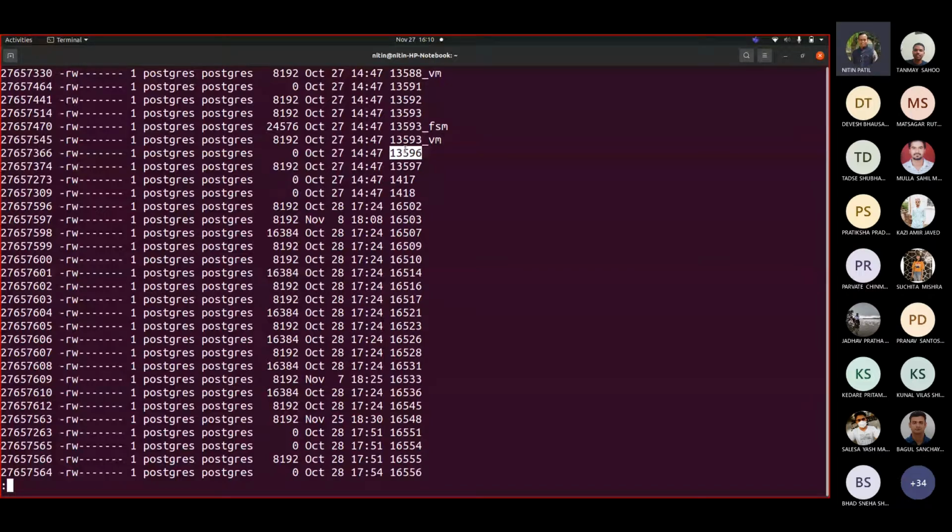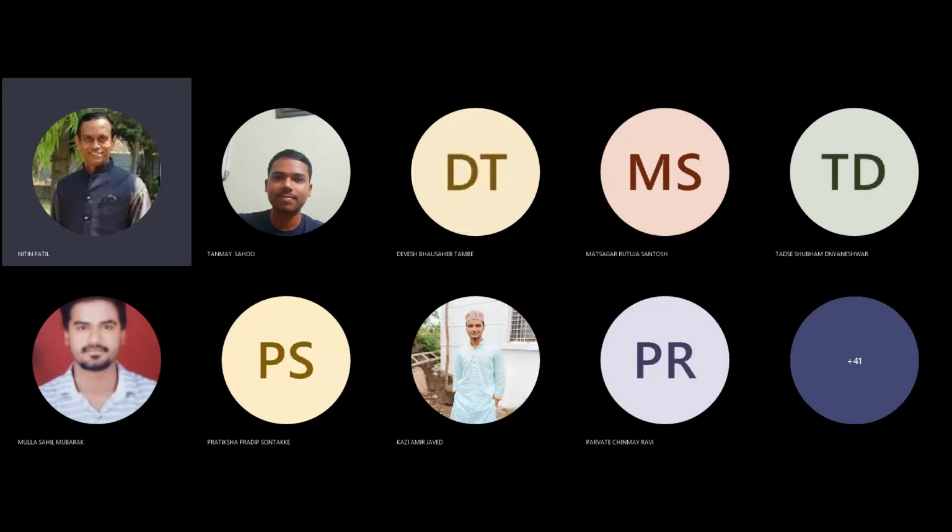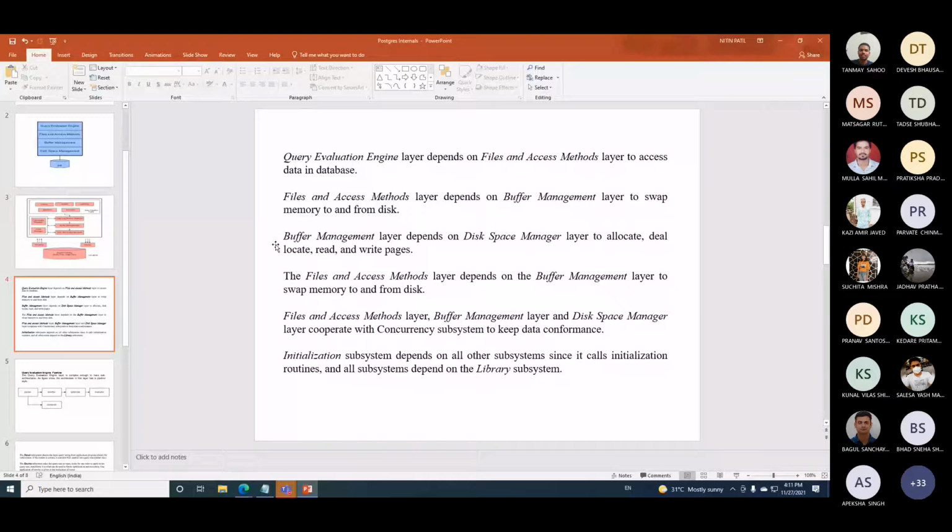Now, when it is reading data from the system, what should happen? When I fire select star from, say, X, and assume that X is represented by this OID, whose inode is this, I don't access it with this inode, because this inode is known by my Linux operating system, and this number is known by my Postgres database engine. So whenever I fire select star from X, ultimately I need to take the help of the buffer. That's the next important part, buffer management, which comes into the picture like this.